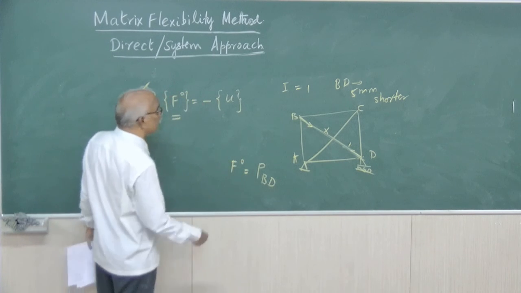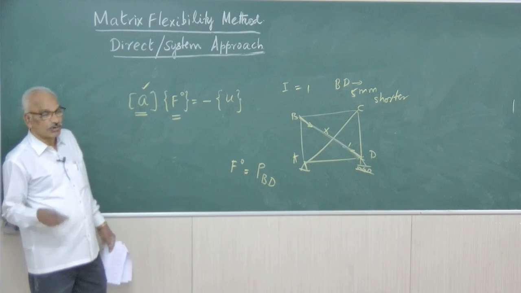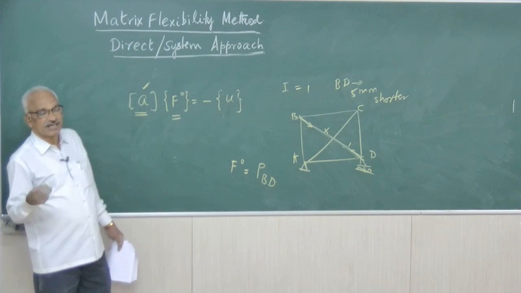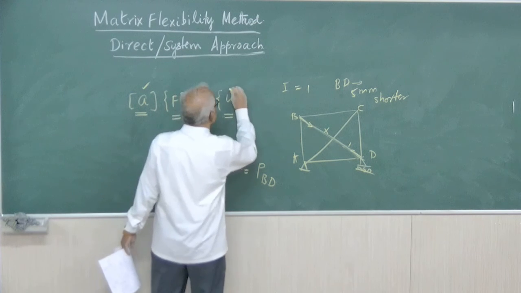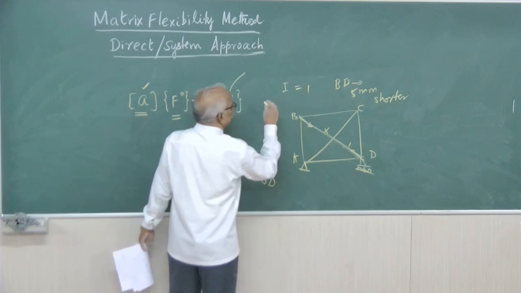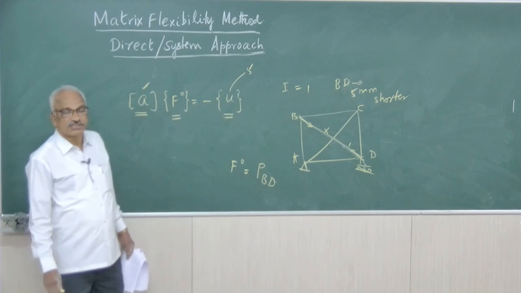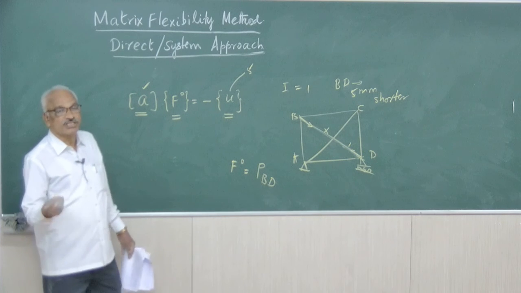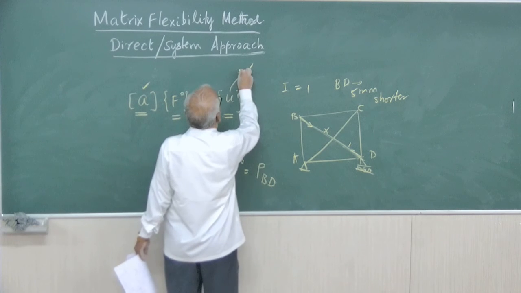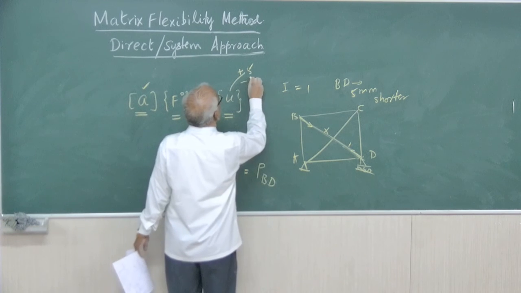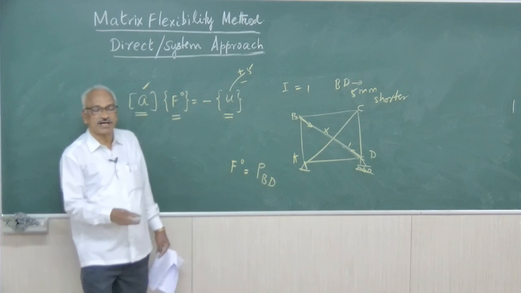Right. Now what about the right hand side? No external force is given. There are two terms. One for the external force and one for the given displacement. So this displacement is directly given. 5 mm. Displacement is 5 mm, or in terms of meters we can convert. So that U value is straight away given. So if it is shorter, use plus sign. If it is longer, use minus sign. Shorter members, use plus sign, longer members, use minus sign.